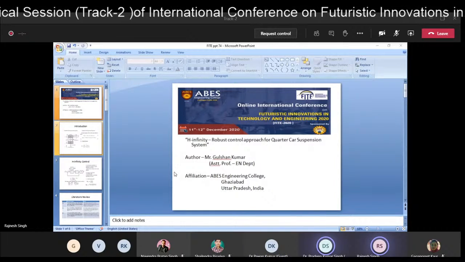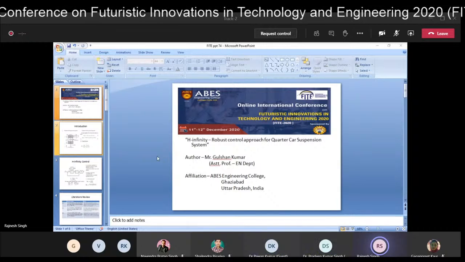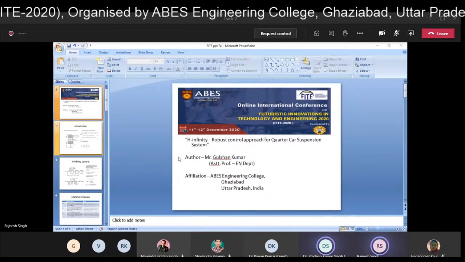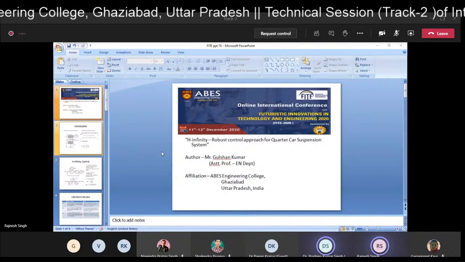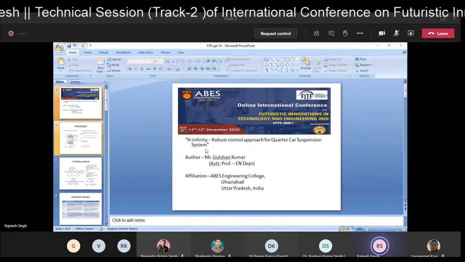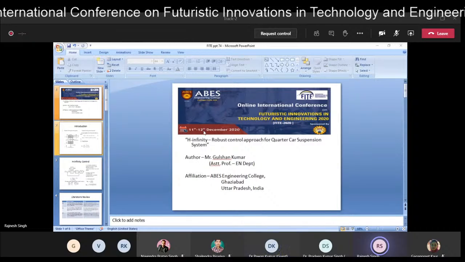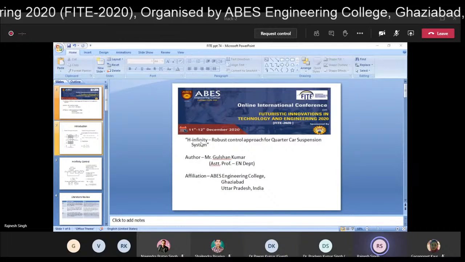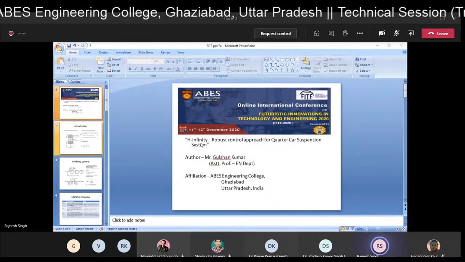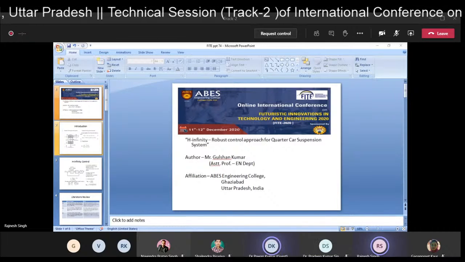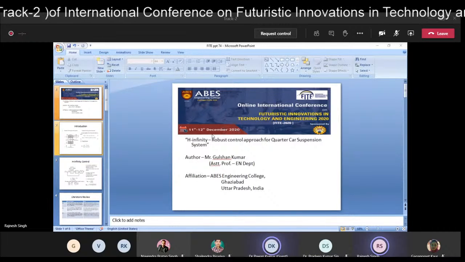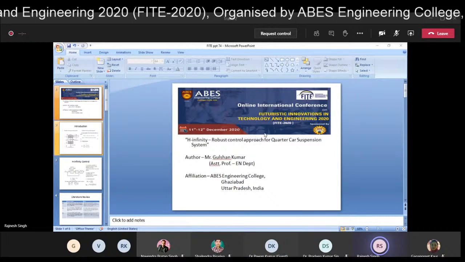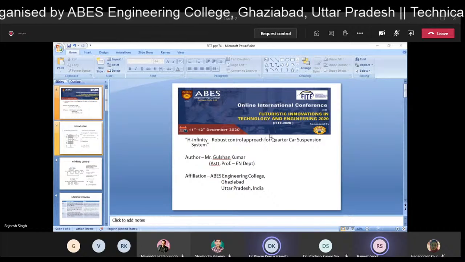Here in this slide, you can see the picture of the quarter car suspension system, which has tire stiffness, wheel mass, car body mass and spring. Basically, a car suspension system is a combination of spring, damper, and force. If you are not including the controller, then it is called a passive suspension system. If you are using a controller, then you can call it an active suspension system. If I talk about the mathematical modeling of this system,